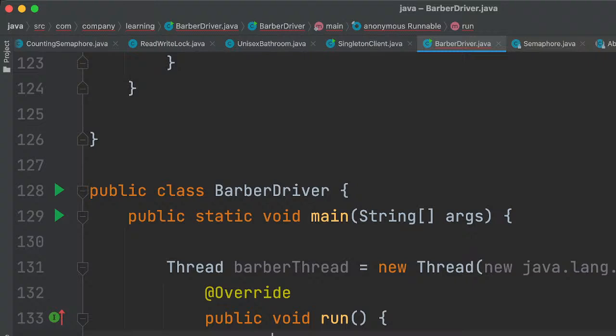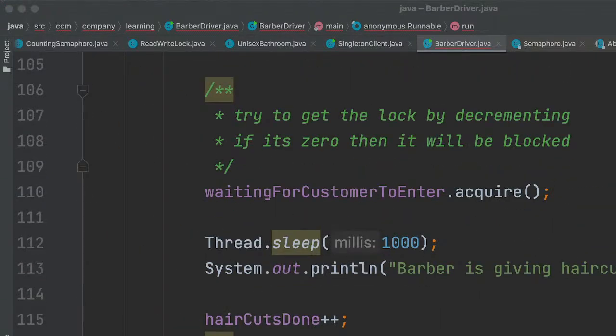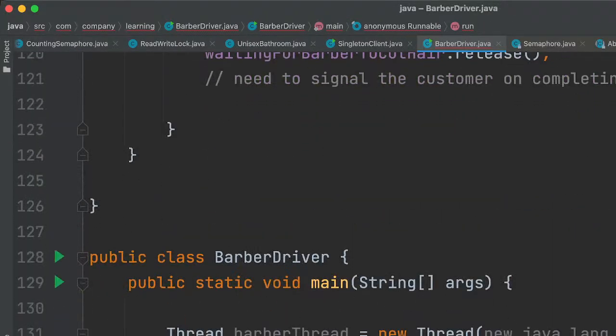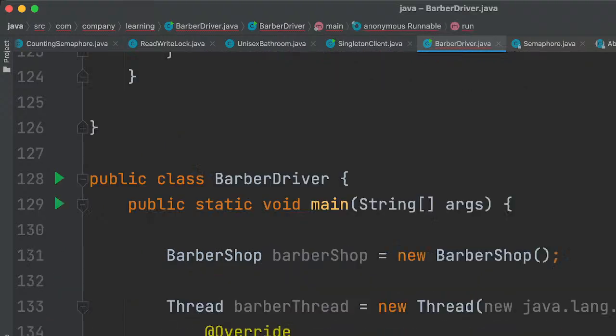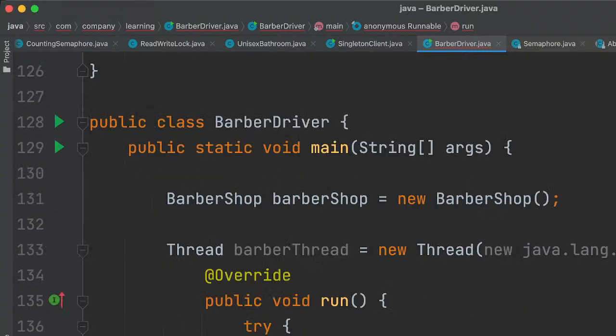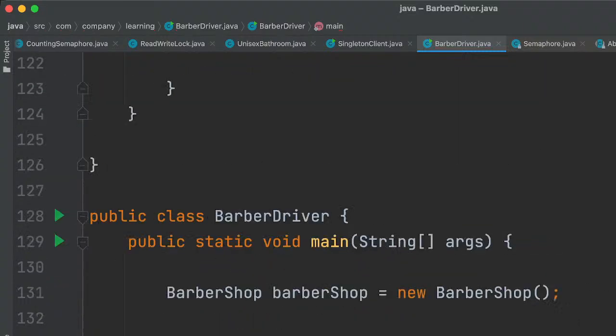First of all, we need to create the Barber shop instance, BarberShop. This thread will be executing this function, catch the exception.